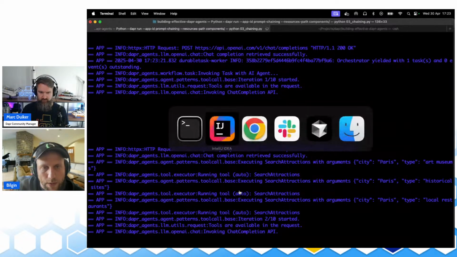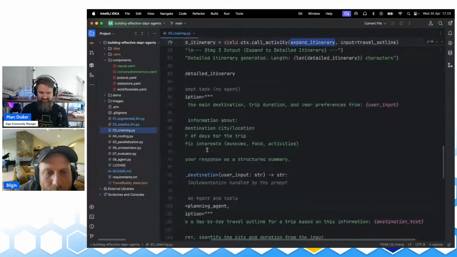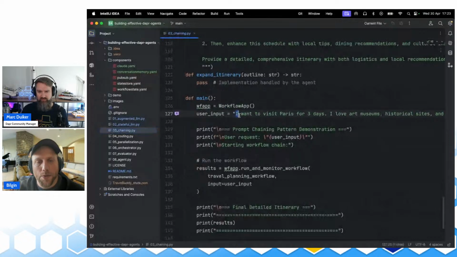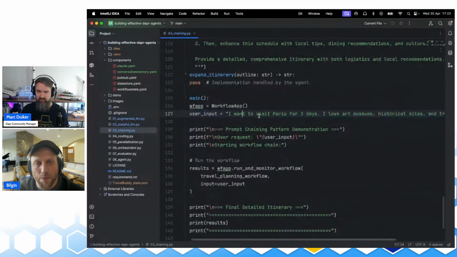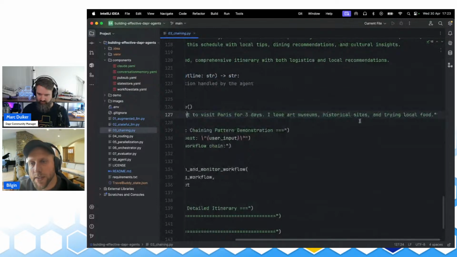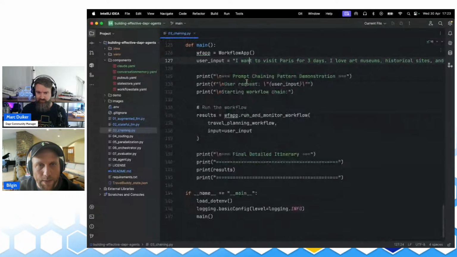While this is running, I can show you what happens in the main part, right? This is the user prompt. I want to visit Paris for 3 days. I love museums, historical sites, and local food. This basically creates the workflow and shows the result